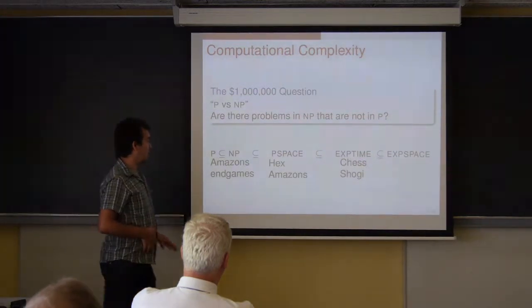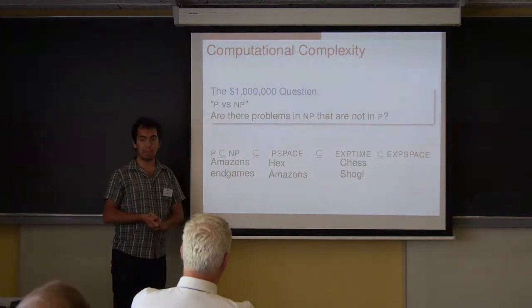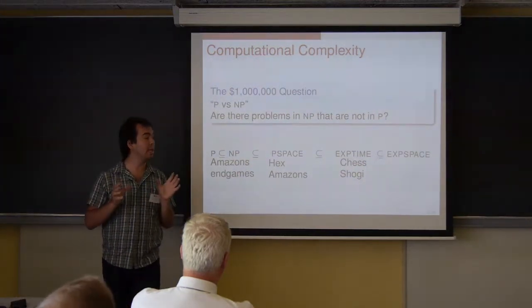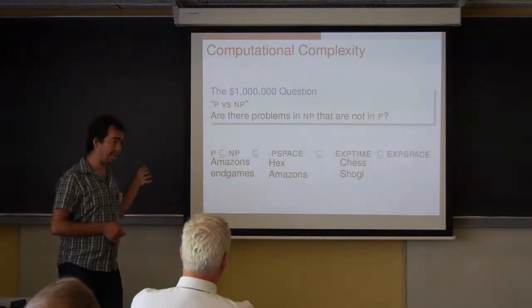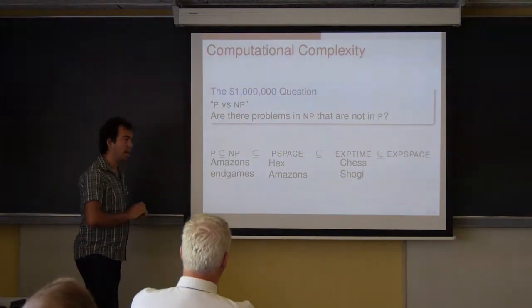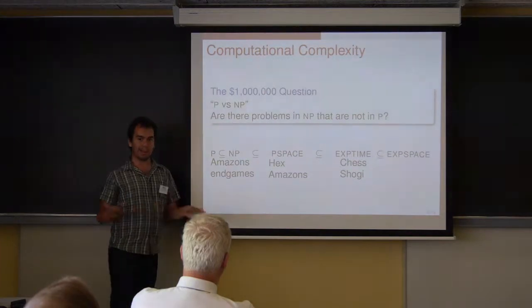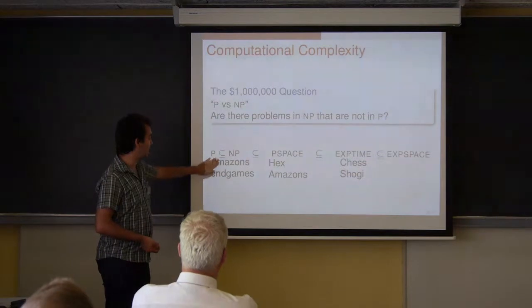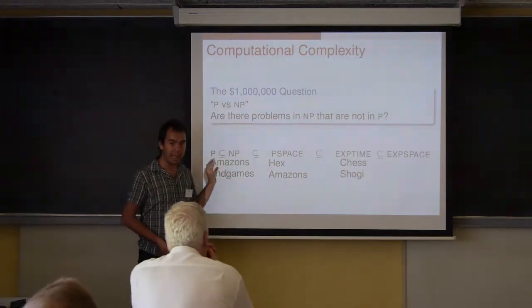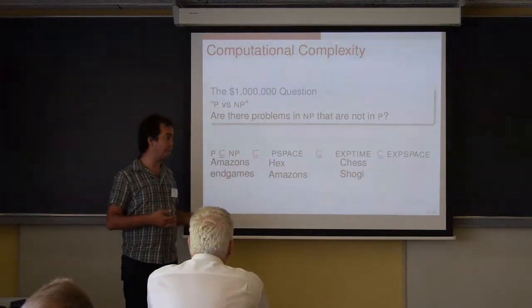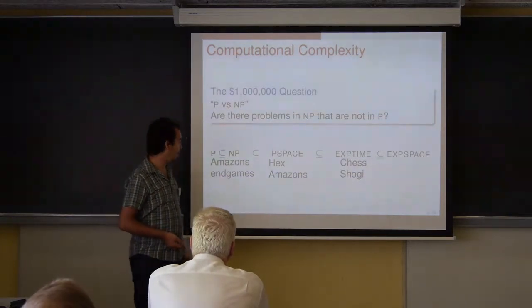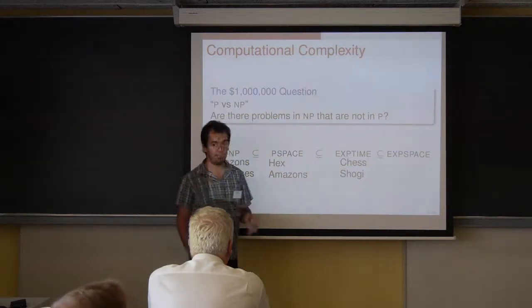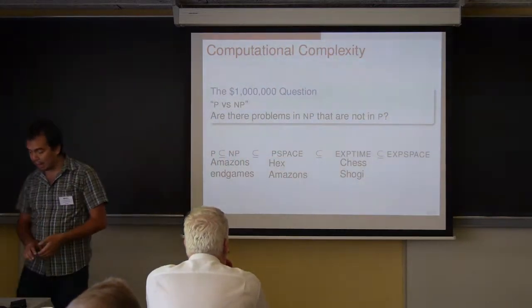Games have been classified on that hierarchy. For instance, the game of Hex is well known to be a PSPACE-complete problem. The game of Amazons is also PSPACE-complete. If we focus on one aspect of Amazons, the Amazons endgames that Richard was discussing before, the one where you want to evaluate it statically because it's much easier. Indeed, from a complexity theoretic point of view, it is much easier. It is in NP rather than PSPACE. Amazons endgames where the plays do not interact is an NP-complete problem. Then we have problems that are harder, like chess and shogi, which are known to be EXPTIME-complete.